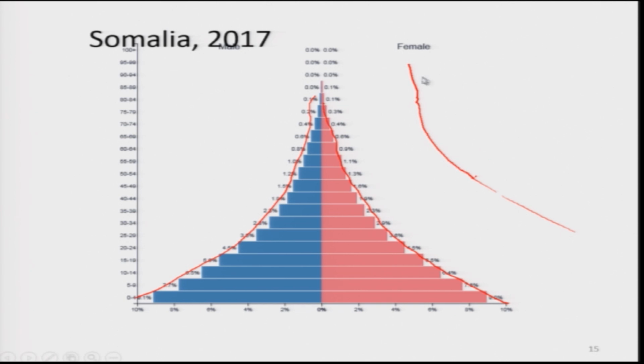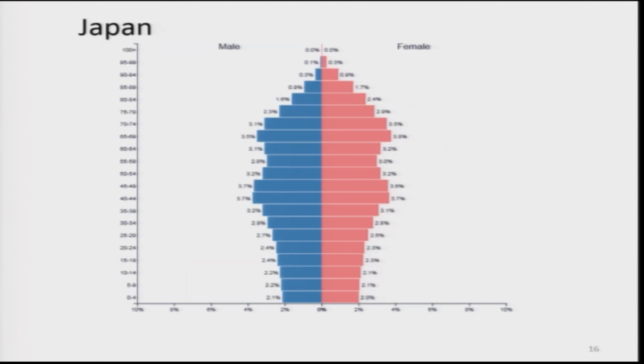This is what this age sex pyramid of Somalia shows. Now, if you look at Japan, due to a significant decline in fertility, the base of the age pyramid has narrowed down, and there are more persons here, which shows that around 45-49 years ago fertility in Japan was much better, and then